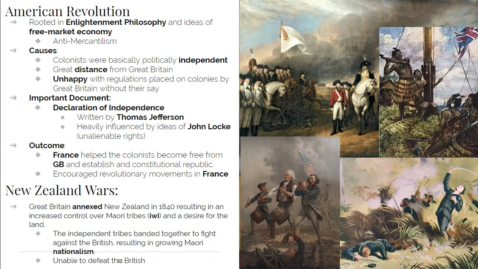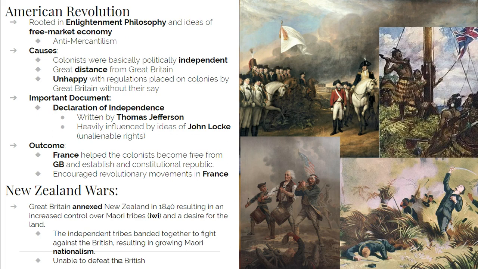They are believers in natural rights and the ideas of democracy. They certainly already participate in democracy as English colonies, but they're looking for more representation for themselves. They also are looking for a free market economy. They're anti-mercantilists. As we recall, mercantilism is an economic theory that says colonies should be established for the benefit